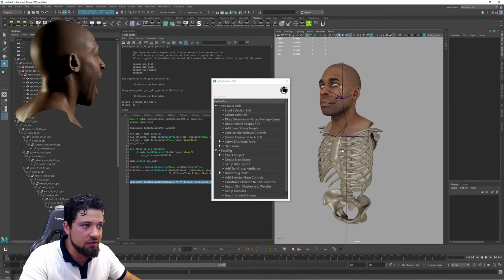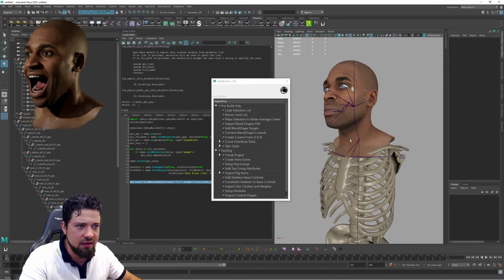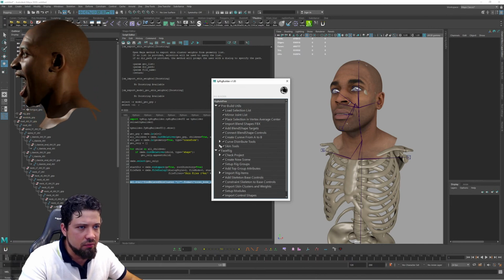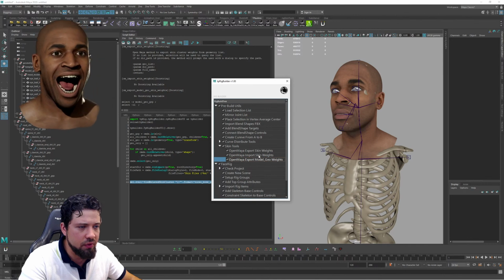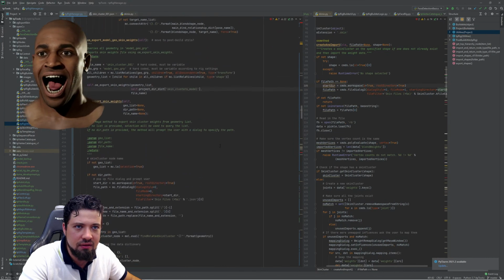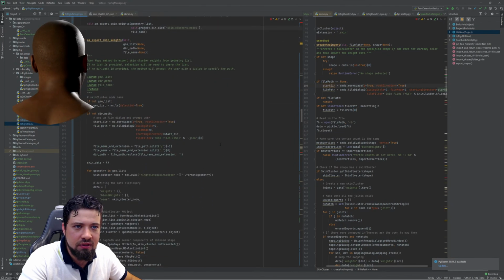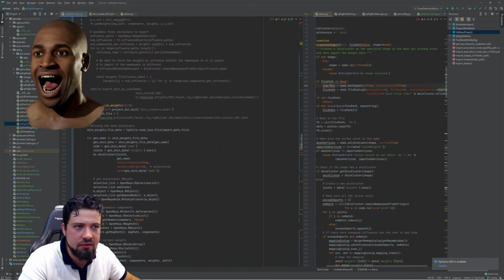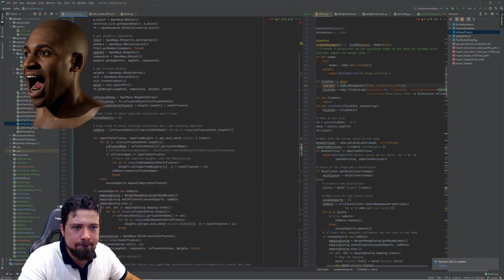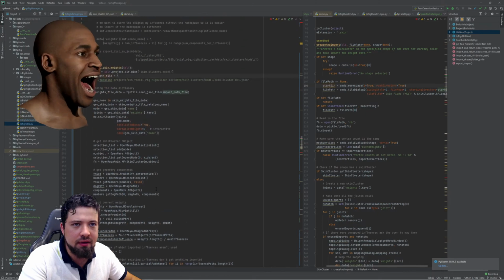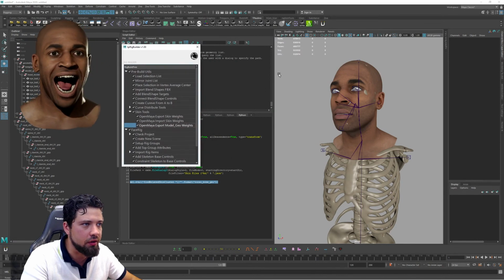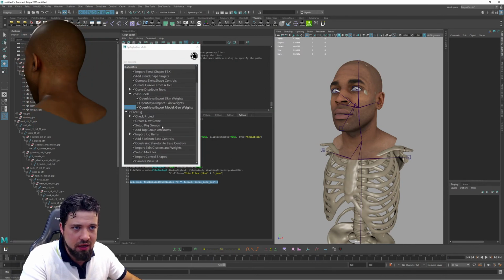And let's see if I can rebuild it right now. We have the export, we have the import skin cluster. Let me see if I change. I think I already started to change the import skin cluster, so we're probably not going to be able to. No, it's still here though. So yeah, I'm going to start changing it right now. So let's begin the work. Enough talking. Just to demonstrate what we have right now,